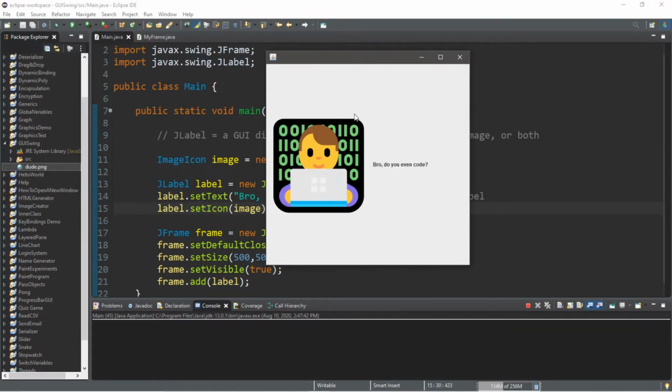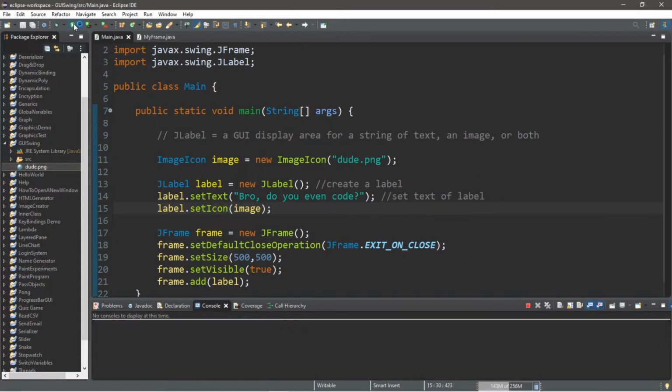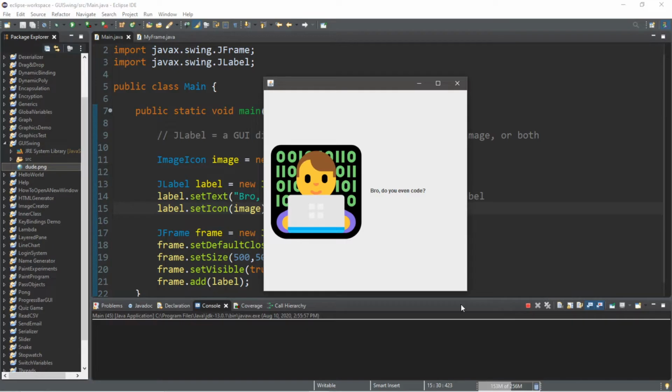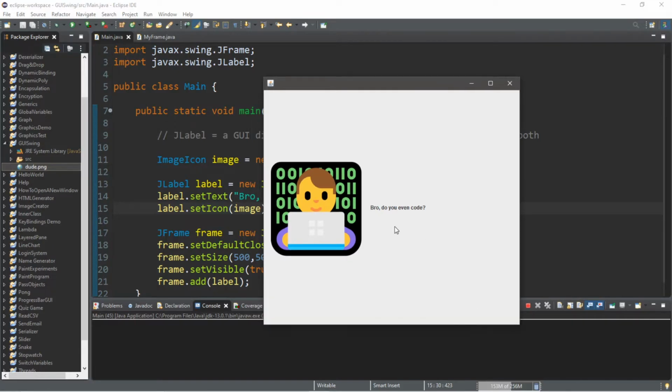So here's our image. Well, it's an image icon and our text. Now let's take a closer examination of our label. With Java's Swing graphical user interface, it likes to take a string of text and put it on the right-hand side of your image when creating a label. So we can actually move the string of text around relative to the image. This is how we can do that.